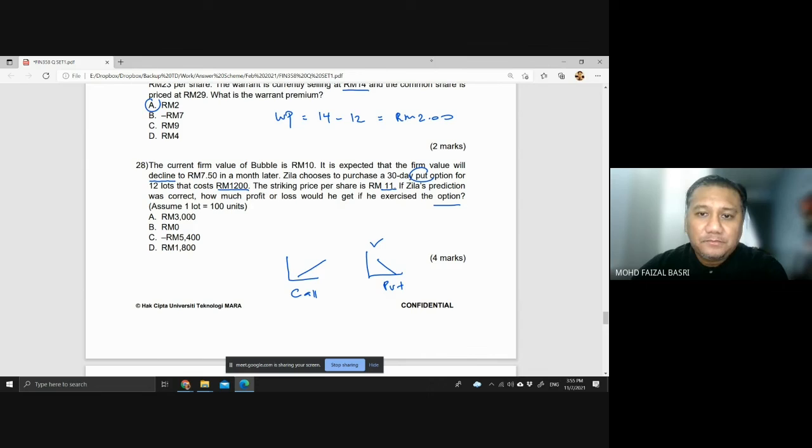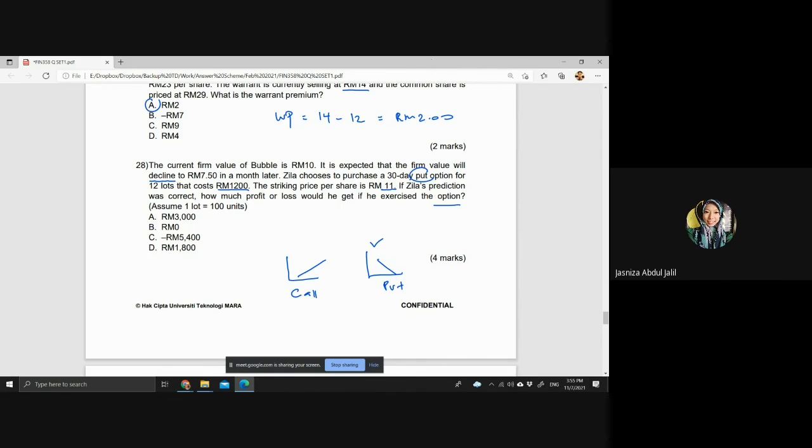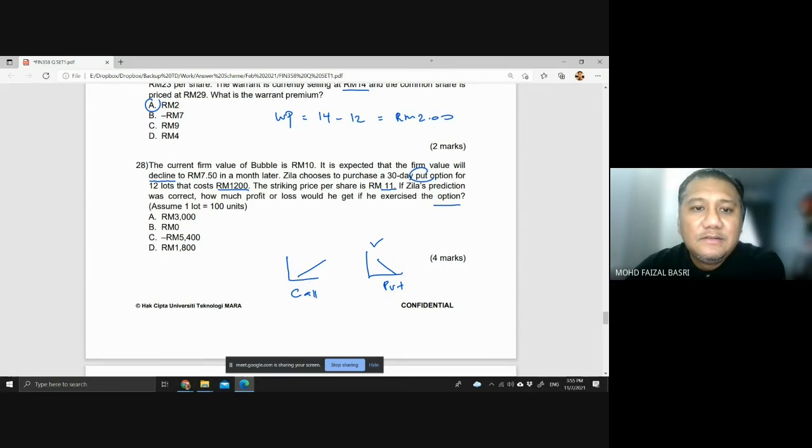So ingat dia ada 5 tu kan, 5 items. The cost, purchase cost, the selling price ataupun the revenues, the income tu. Maknanya dalam kes ni dia selling price, tolak the purchase cost, dapat gross, and then premium. Okay, so dalam case ni, dia beli berapa lot tadi? 12 lots. So 12 lot dalam 100 is 1,200 units lah. 1,200 units.